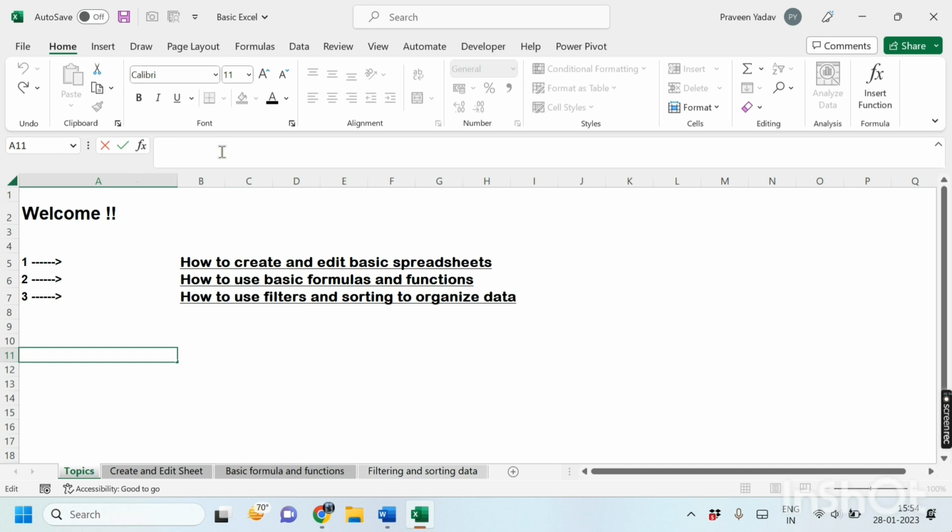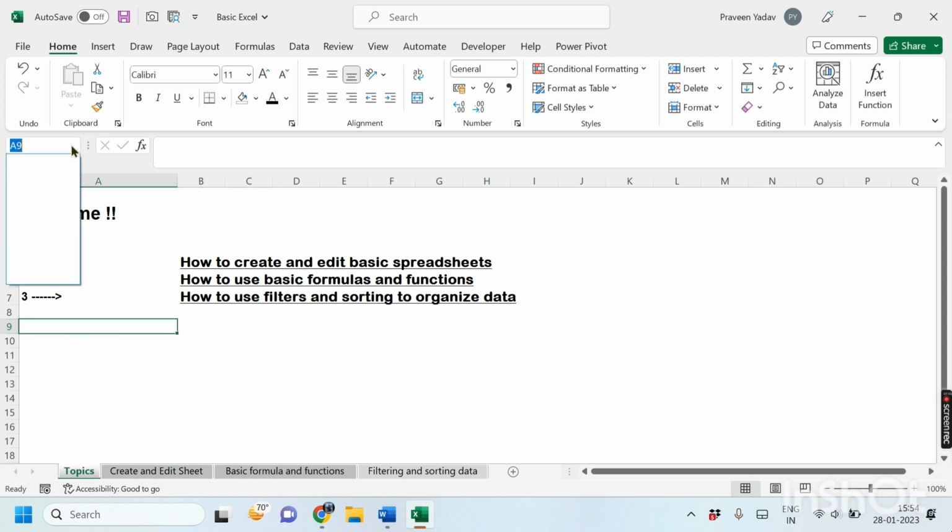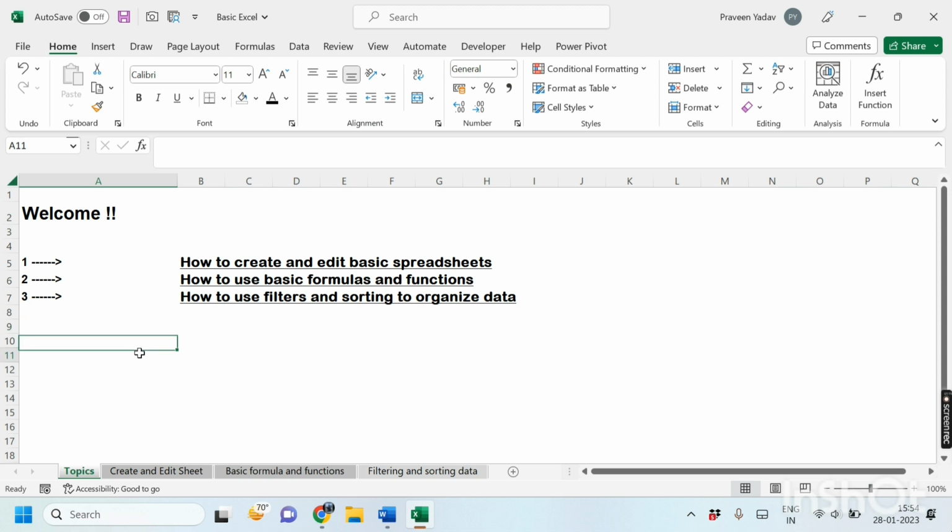The formula bar is basically where we write our formulas, and you'll see how we use that in the video. The name box contains the name of the cell, like A10, A11, or C9, and